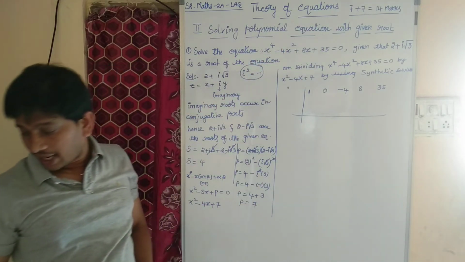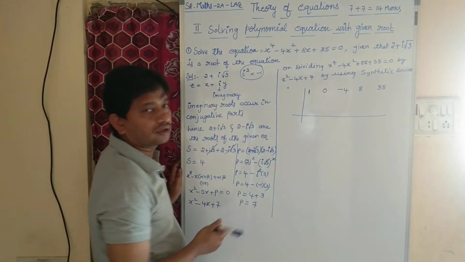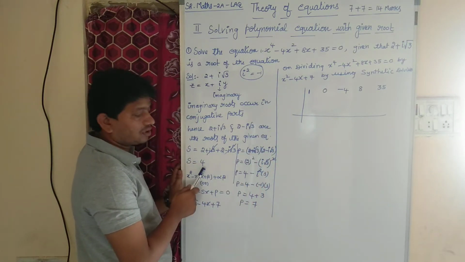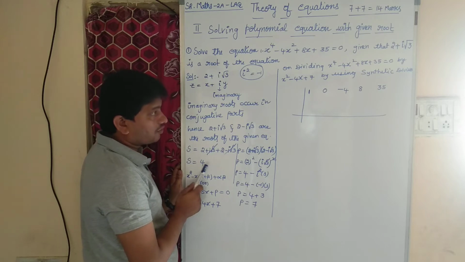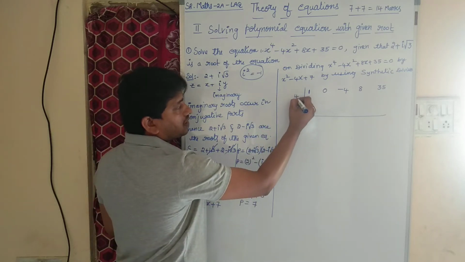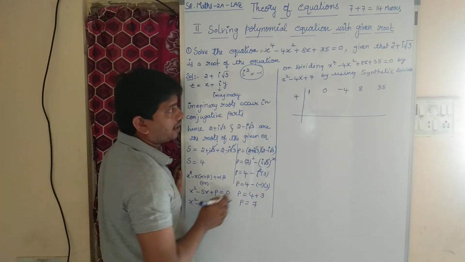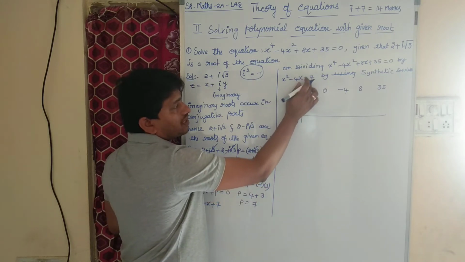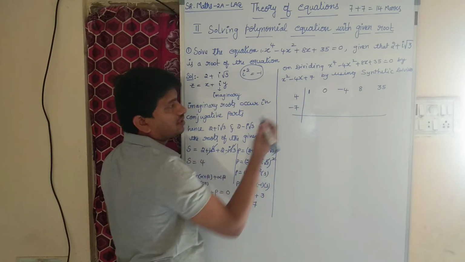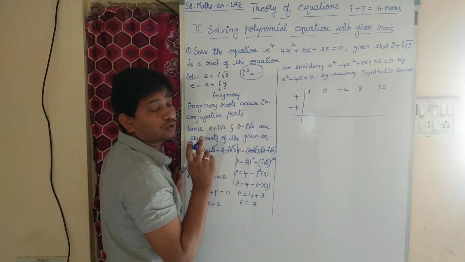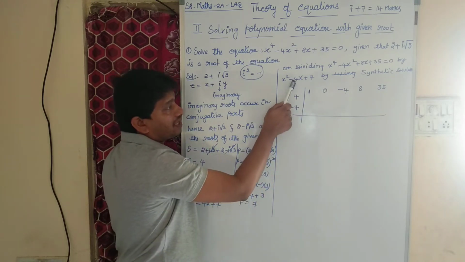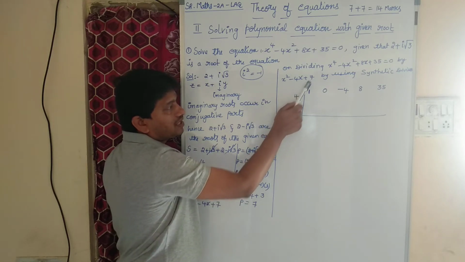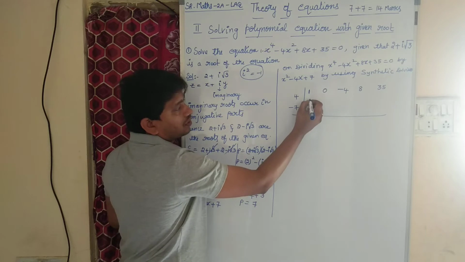Right children? As we got here x square minus 4x plus 7. So one is sum of that is equal to we got 4, right? So here we have to place 4 and here minus 4 is there, so we have to write plus 4. Here we have plus 7, so we have to write minus 7. So children, sign plays a crucial role. Here we have minus 4x, right? So then we have to place here 4. Here we have plus 7, we have to write minus 7. Right?